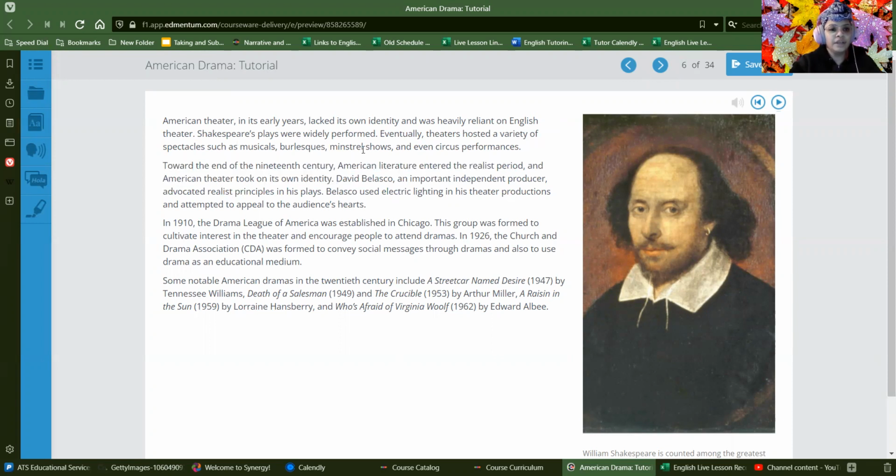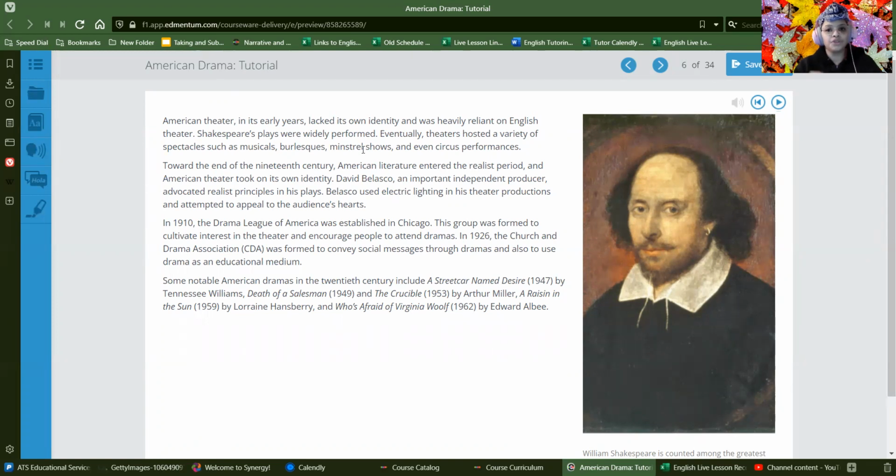So a lot of the plays were jump-started by the realist period. Just as a reminder, the realist period followed right after the romantic period. The romantic period was basically a point in time where there was a focus on individual people and their thoughts and feelings, and nature inspiring people to have thoughts and feelings. A lot of poems and pieces of art were of places in nature that were deemed to be beautiful, and people would write about or try to capture their personal feelings on it.